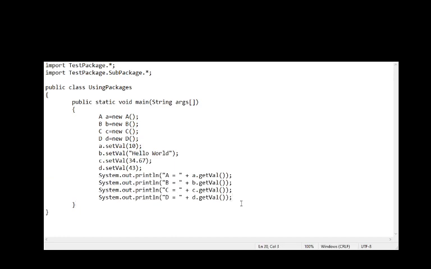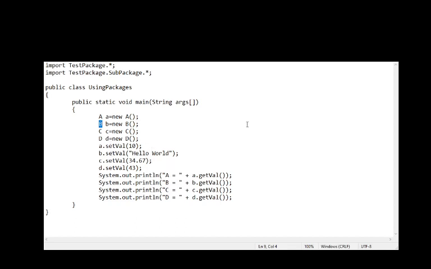So this is a simple program. Now, when we have packages, there is a particular way in which you have to save these A, B, C and D classes. To be very specific, you have to save the .class file inside the packages, so that the JVM, when it tries to compile this program, will look for the definitions of class A, B, C and D. So the JVM should be able to know where to find these definitions.